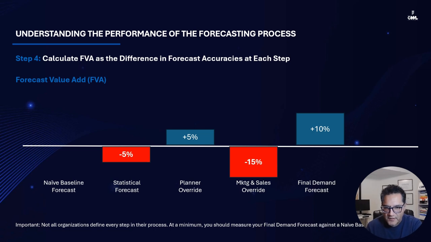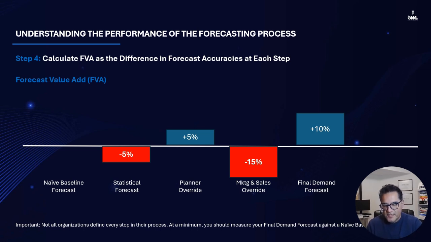So marketing and sales subtracted value out of the forecast by 15 points, right? Minus 15%. And then at the end of this process, when the planner actually considered the inputs from sales, marketing, and factored all things in, the team who put that plan together came up with a consensus forecast, a final forecast, that actually improved our accuracy by